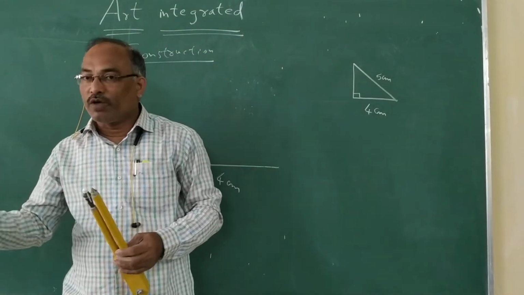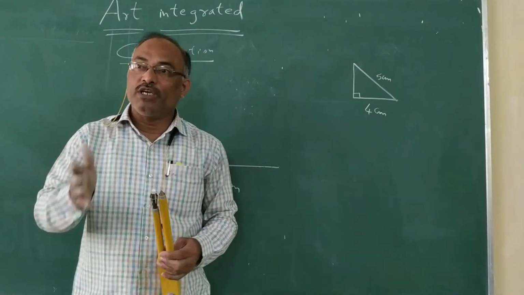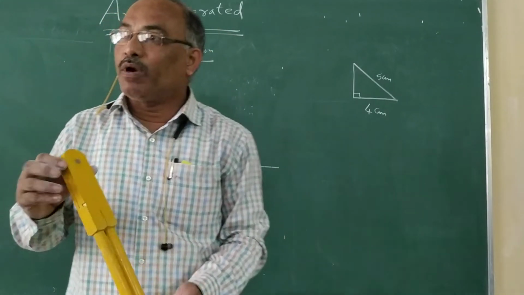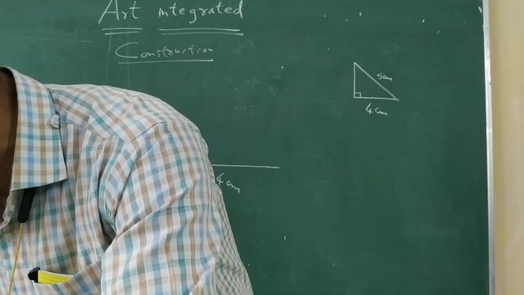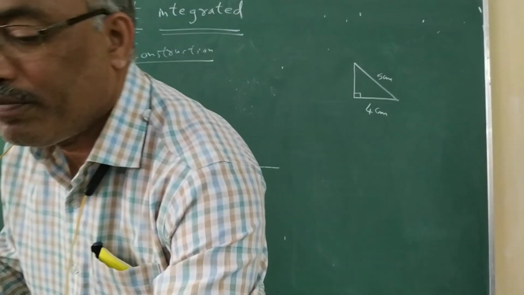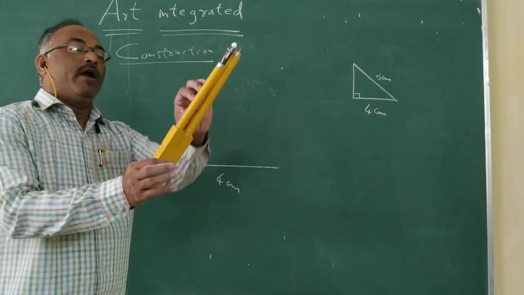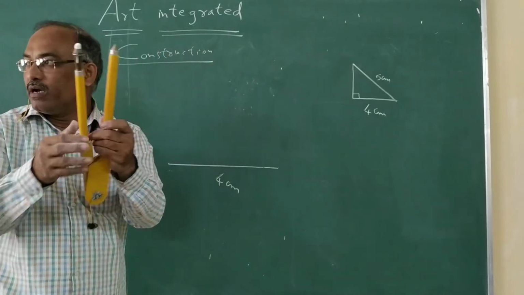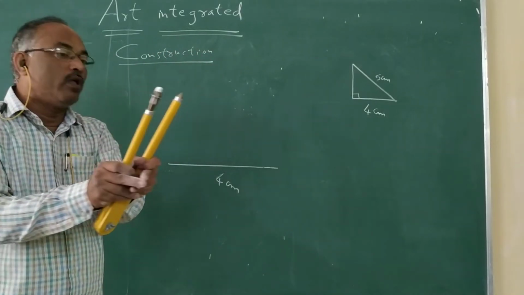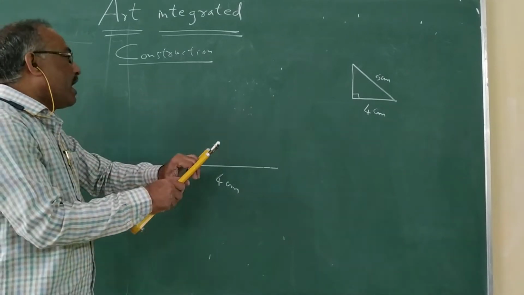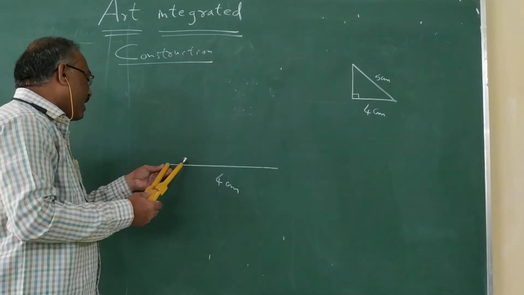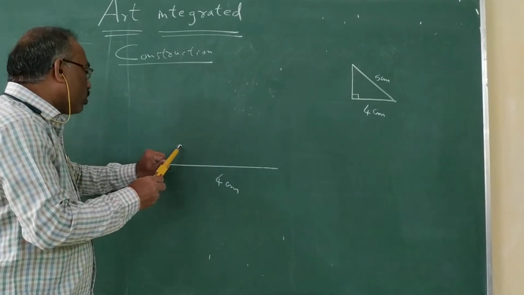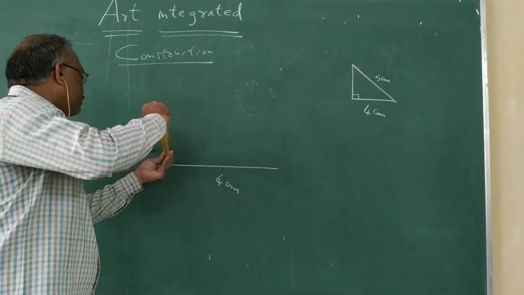15, 30, 45, 60, 75 can be drawn with the help of compass. When you are using the compass, leveling of the compass is very important. Now how to draw 90 degree? Take any distance in the compass. We don't know the measure, any measure, but don't take too small. Place the compass at a vertex, one end point of the segment, and try to draw the arc.